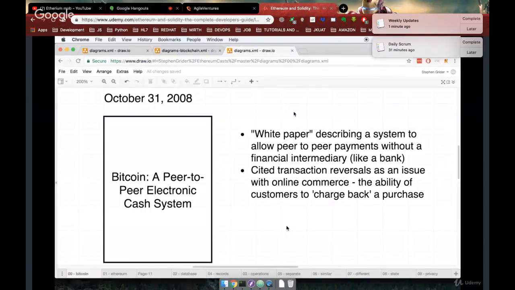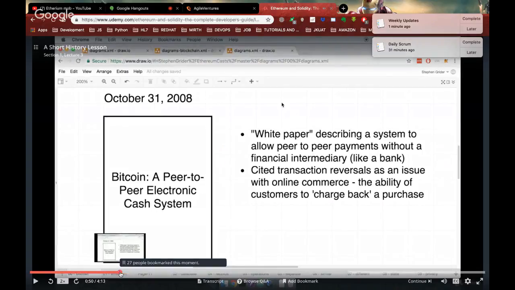And this is the original Bitcoin network. One of the key characteristics of the Bitcoin network was the idea of a blockchain. We'll talk about blockchains in great detail throughout this course, but for now, just understand that the Bitcoin blockchain,